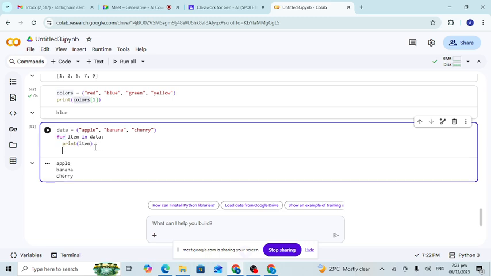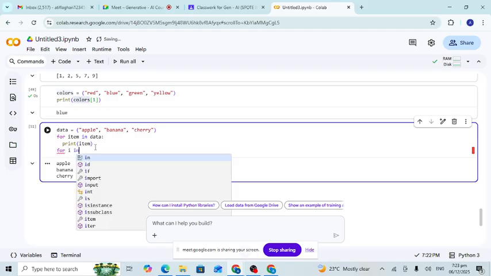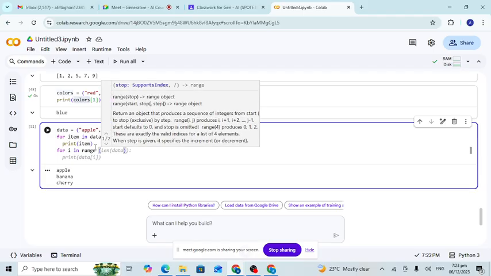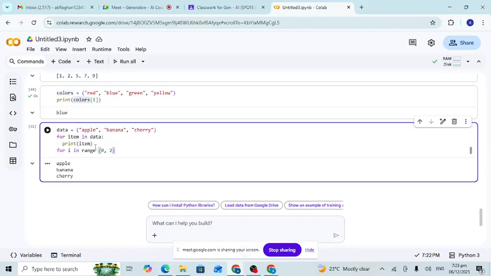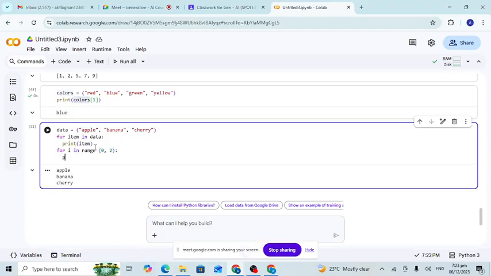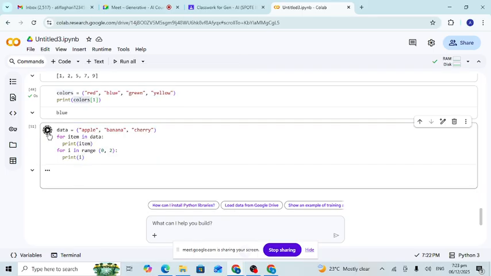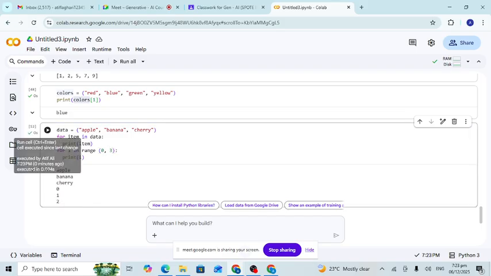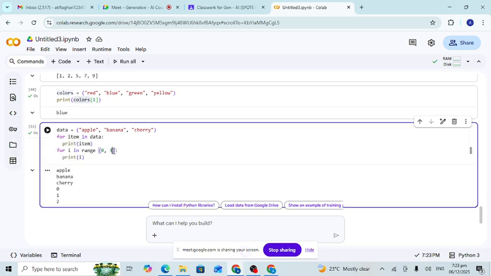In a for loop, as we know, for i in range, if there is nothing, then we define range 0 to 2 like that, and then we say print i. It gives us 0, 1, and 2, so it should be three values, so it gives me 0, 1, 2. So if there is no range, and there is a list or tuple, then it